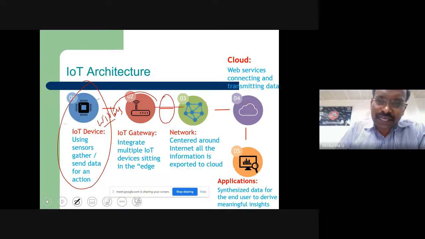Now, the other side of the gateway is a wired network. The left side is completely wireless communication. The wired data that is collected is going to be pushed using the internet to the cloud.